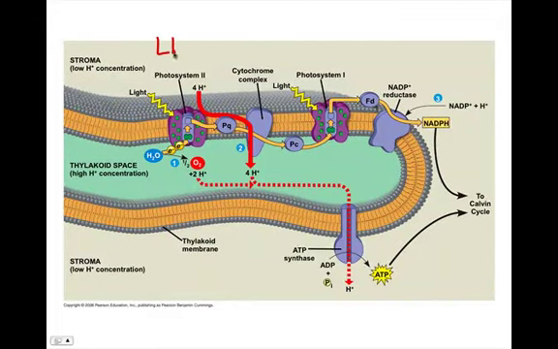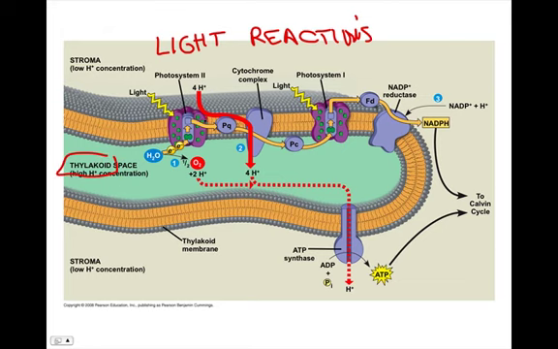This mini lecture will be about the light reactions, and they take place in the thylakoid membrane. And we're going to start with the light, and the light is absorbed, and sometimes it's absorbed directly by chlorophyll,